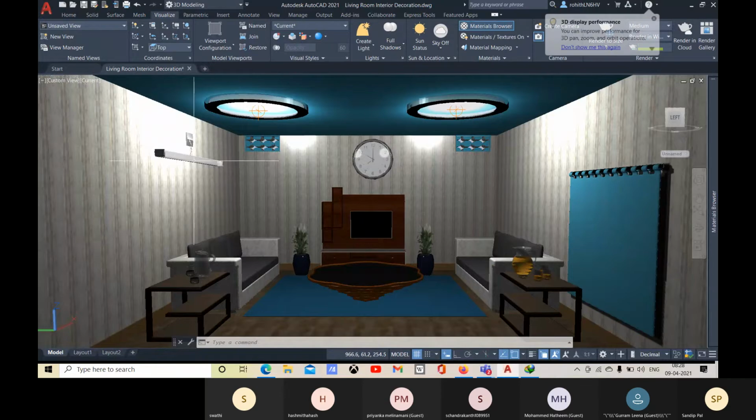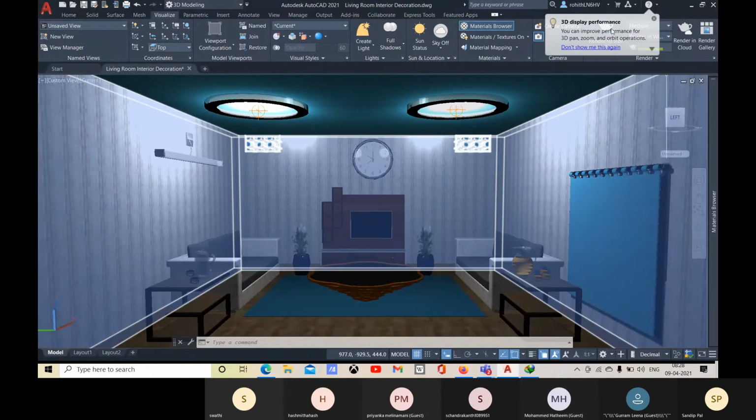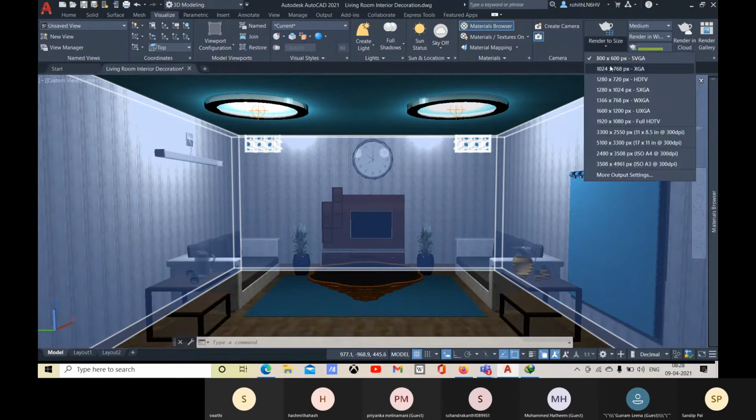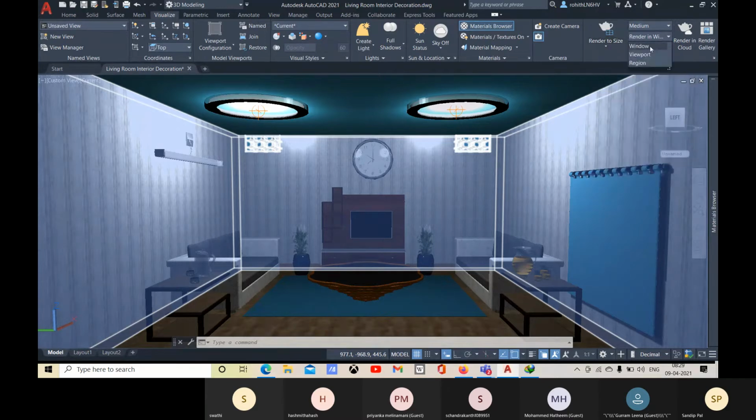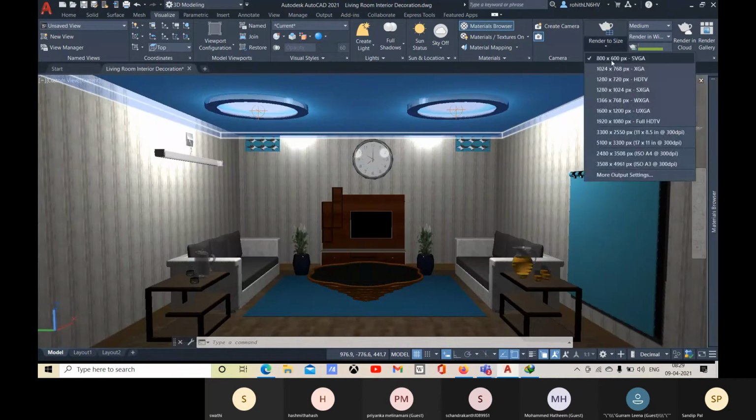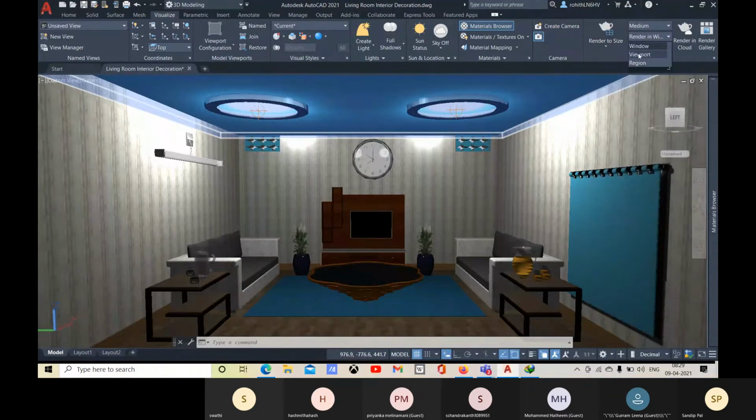So the full shadow will be on, and then you will go for this rendering. For this rendering you have more options, like what will be the output size. When you go for this window option, then only you can have the output. Then only you can save as an image externally, and change the sizes. Otherwise you cannot have any output externally, so you cannot change the size. So about the output, if you go for Windows, then only you can save.